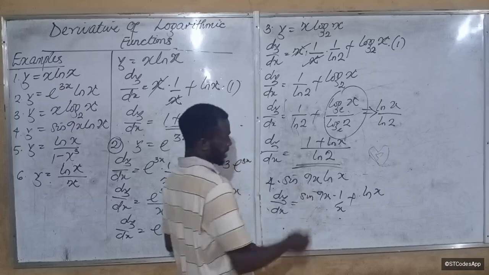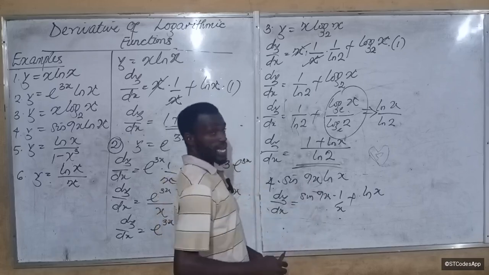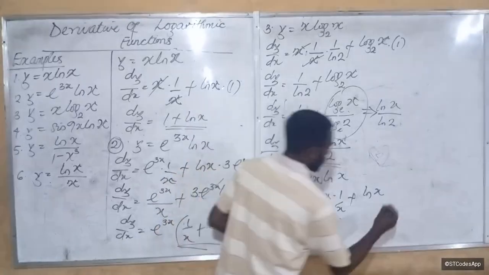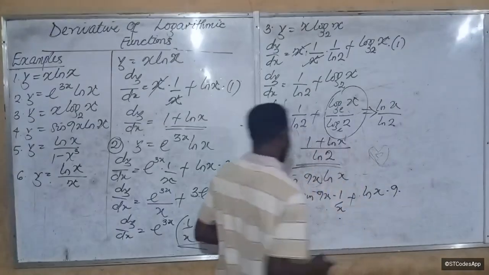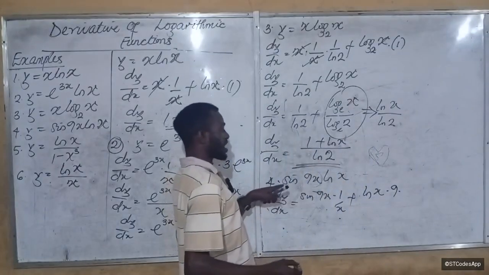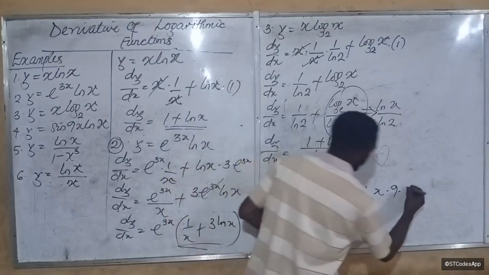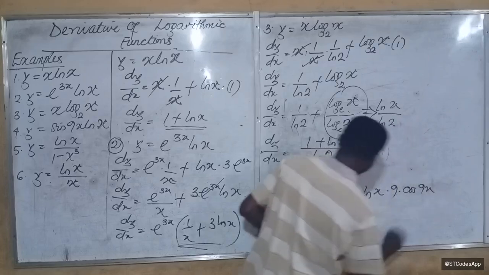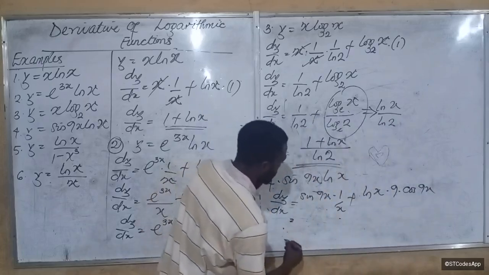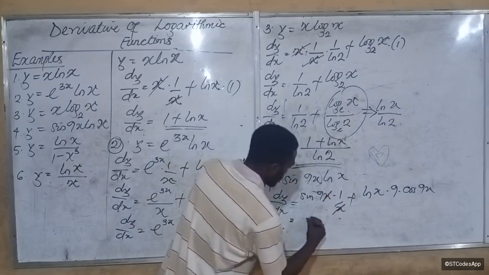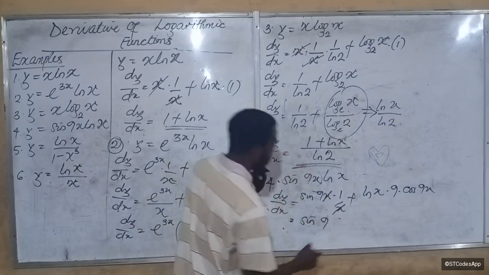So to differentiate sine 9x, differentiate this first. 9x will give us 9, right? So when you take that, it gives us 9 dots. Then differentiate sine of this. Sine of this will be cos of this. That will be cos 9x. So that we have dy dx to be equal to, this takes care of this, that is sine 9